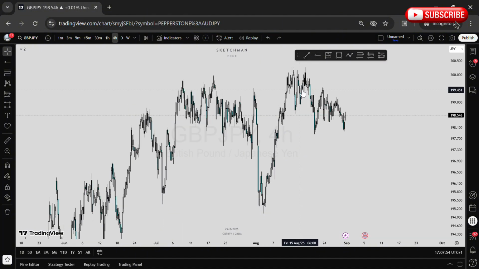All right, so this is our first example. This is the GBP JPY chart, the 4-hour time frame. Before I do anything on this chart, I just want you guys to pause the video, just take a look at this chart and visualize your markups based on the model I showed you guys. Visualize your markups. Did you pause it? I'm sure you didn't pause it. So